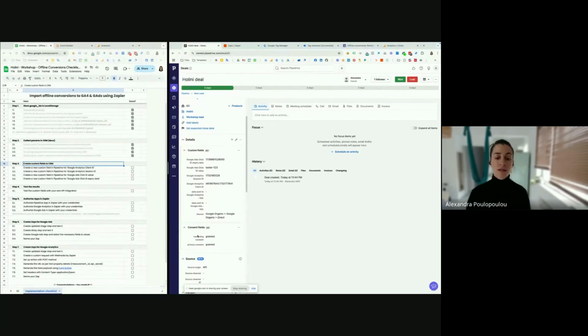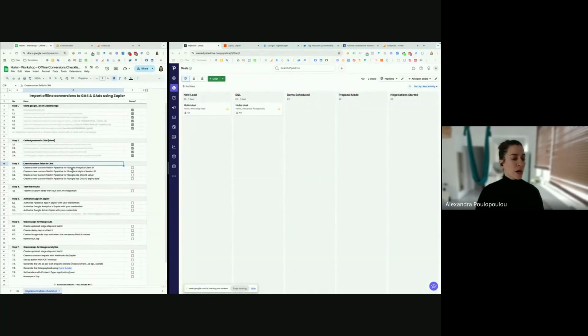We have created custom fields for marketing consent and privacy consent, so we will know if people agree to use this kind of information for our marketing platforms. And we are going to use them in our setup in Zapier.